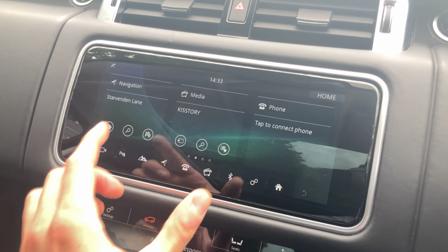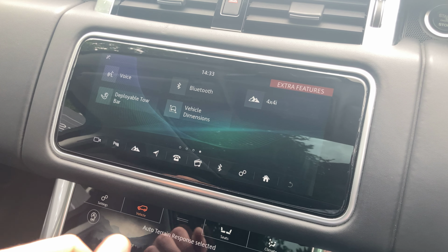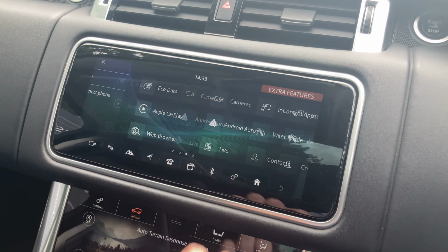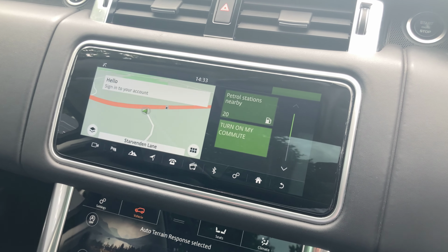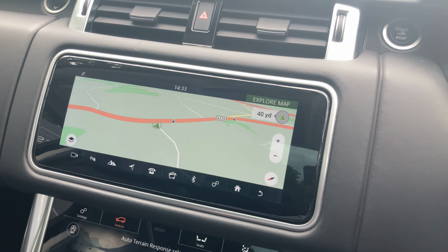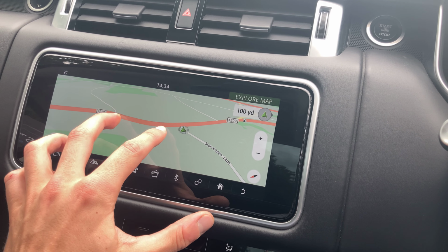So this is your main menu. You've then got a second set of menus, or a second set of applications, on the second and third page. So on the main menu, your navigation. SatNav is built in as standard. A big perk of it being the wide touchscreen is that you can move the map around, you can pinch and zoom to quickly see your